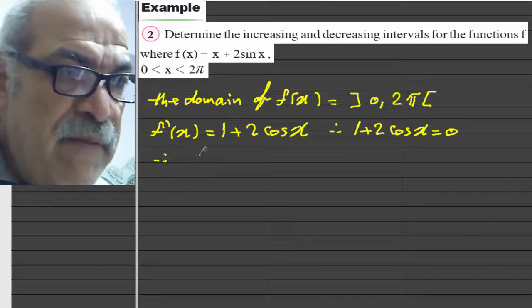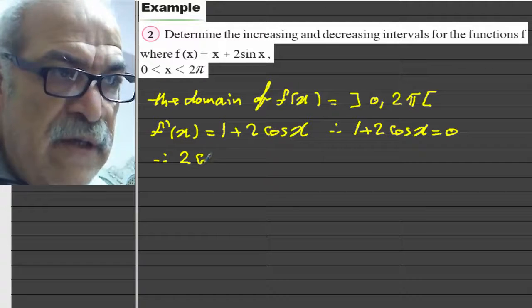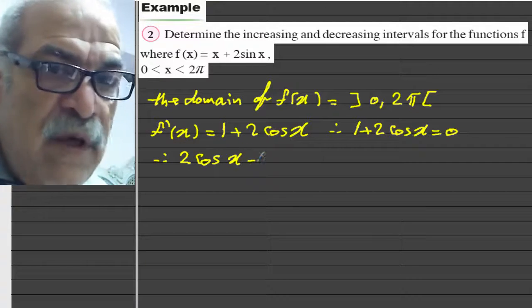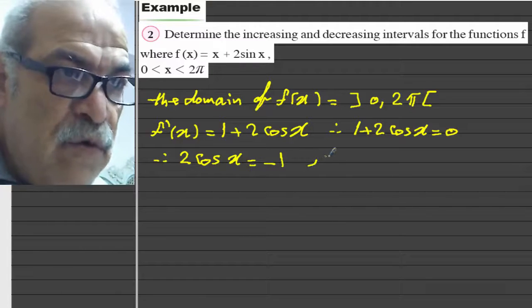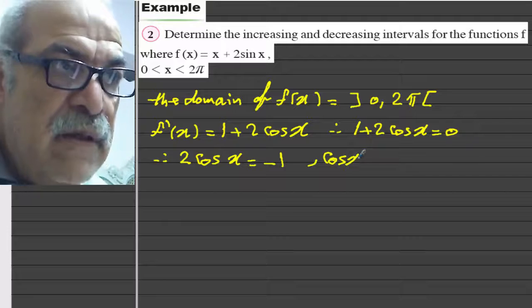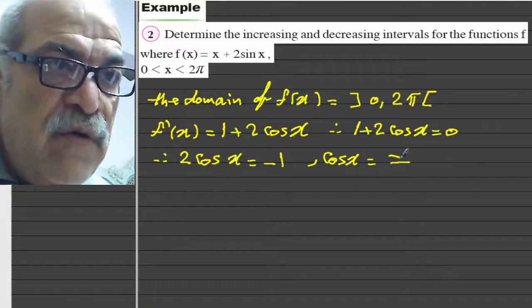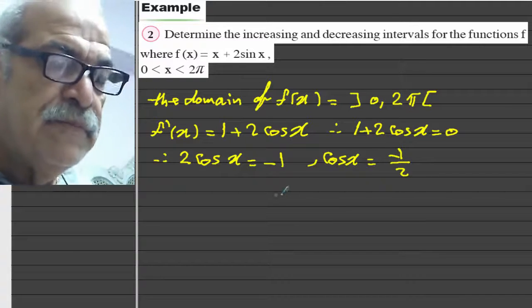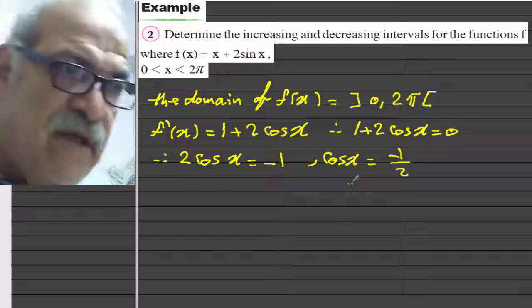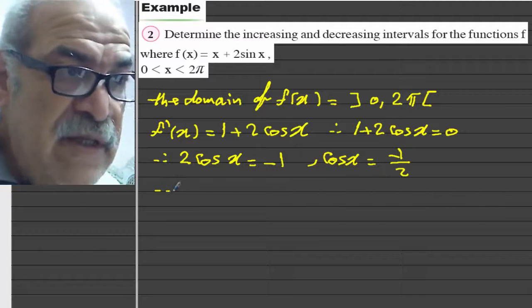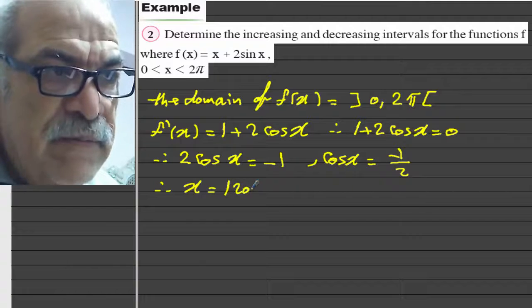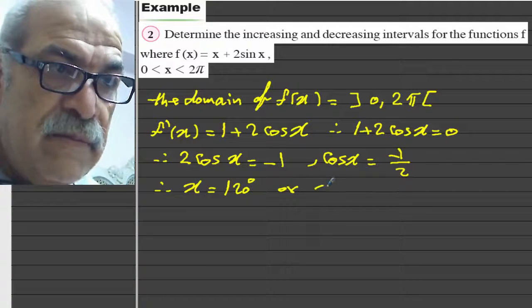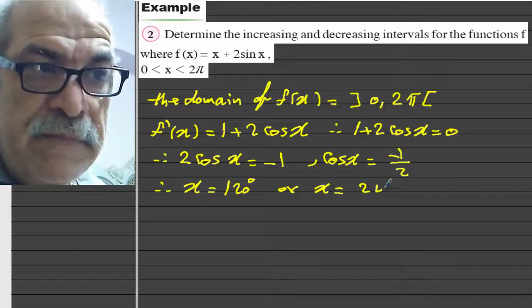It means 2 cosine x equals negative 1, and cosine x equals negative 1 over 2. So when cosine x equals negative half, it means x equals 120 or x equals 240